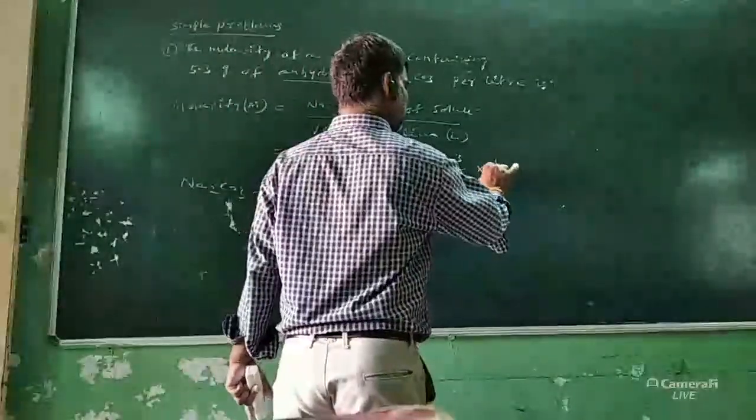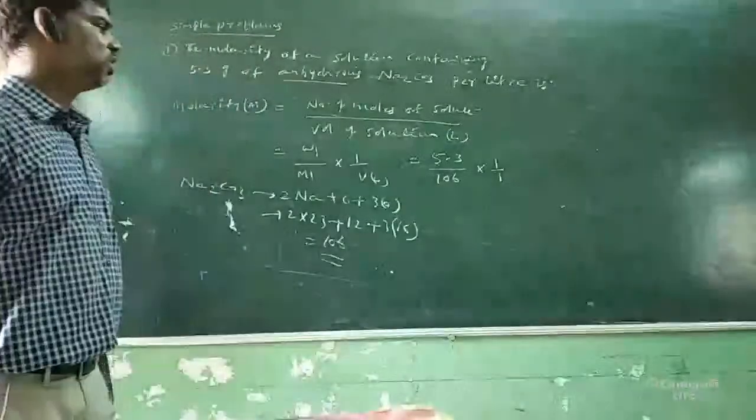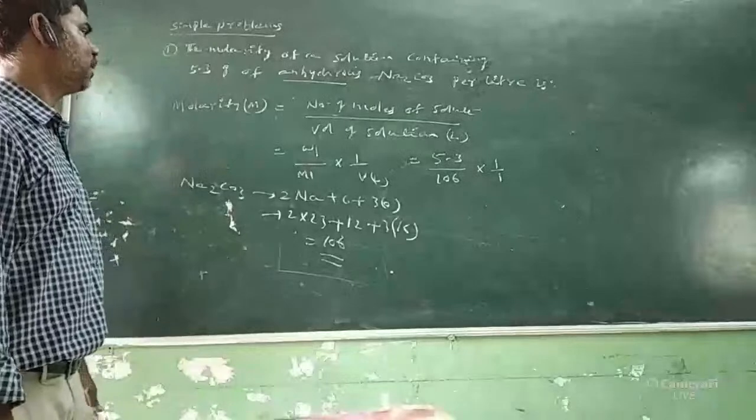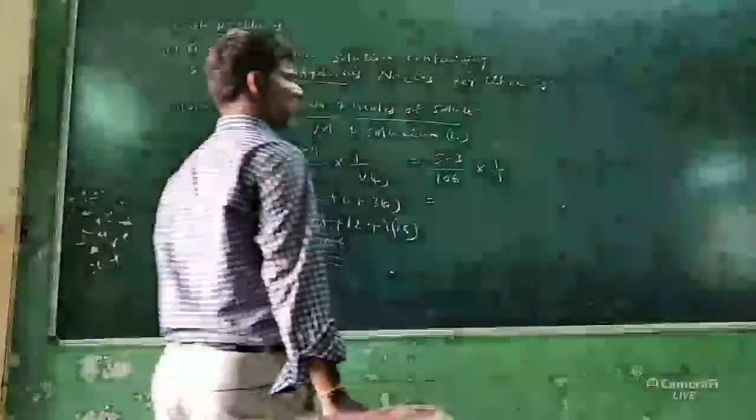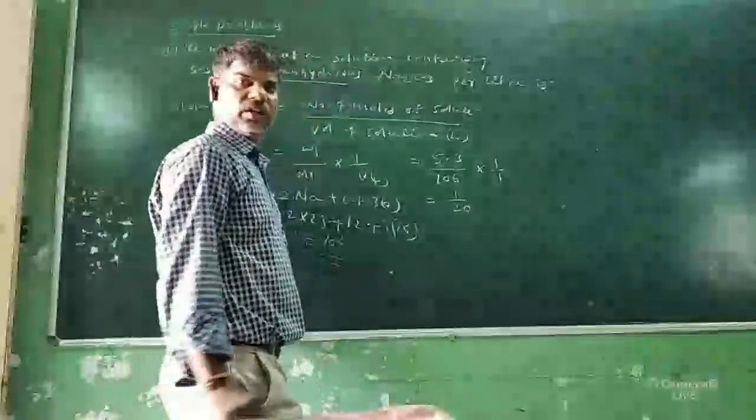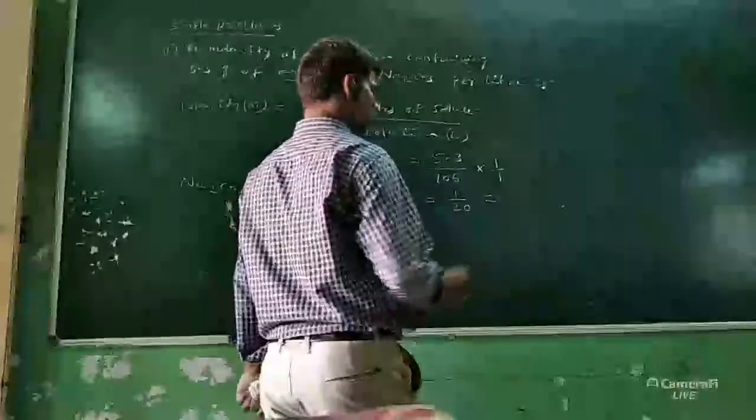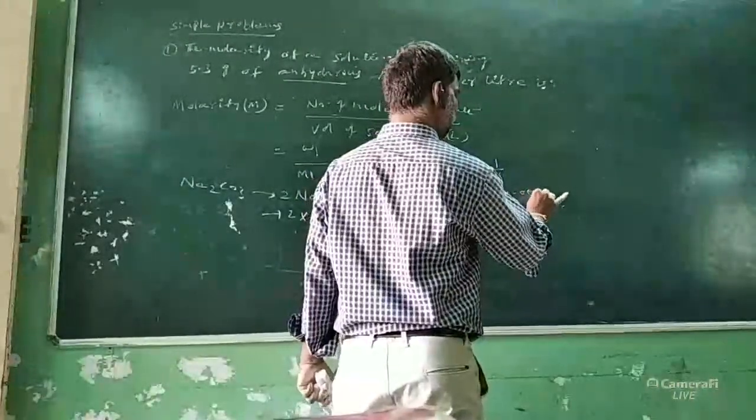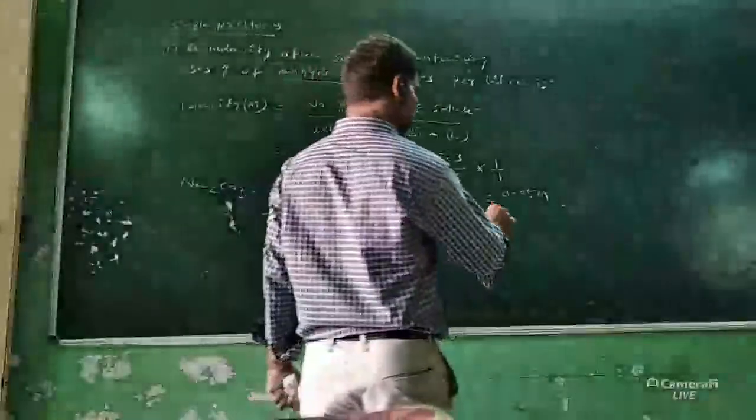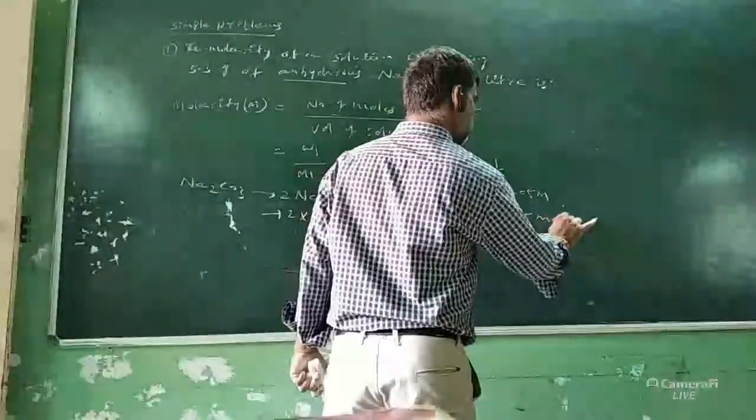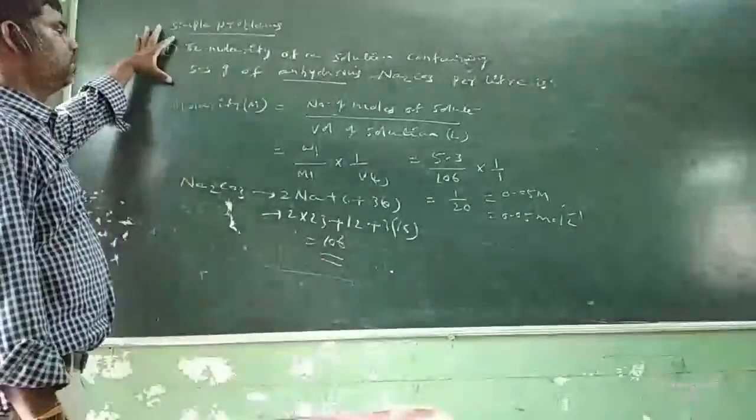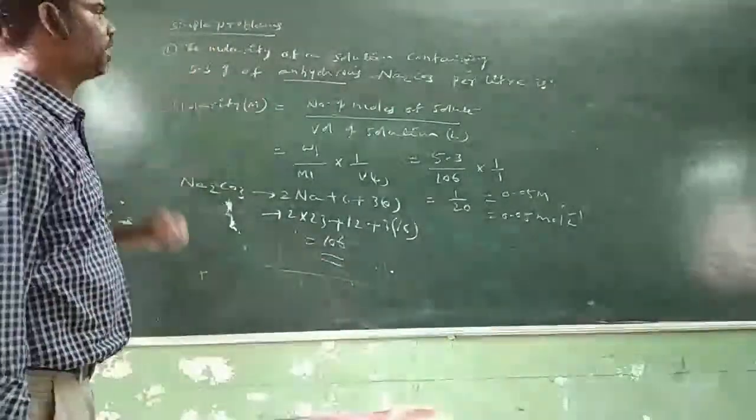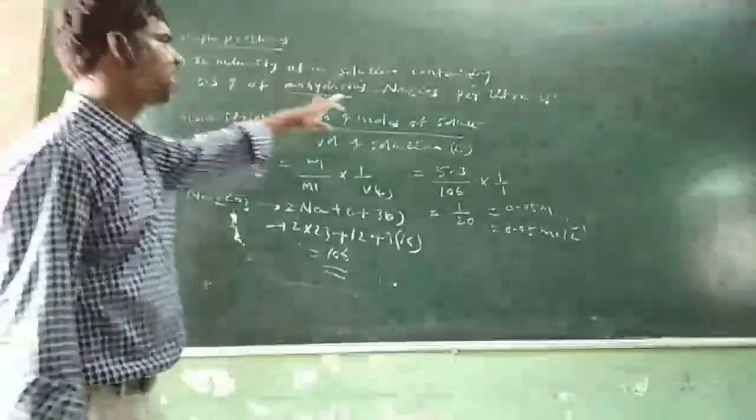106 into 1 liter. So 5.3 by 106, which is 1 by 20. 1 by 20 means 0.05 molar, otherwise 0.05 mole per liter. So the simple problem: the molarity of a solution containing 5.3 grams of anhydrous Na2CO3 per